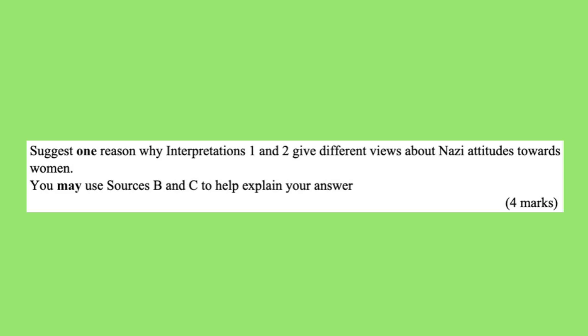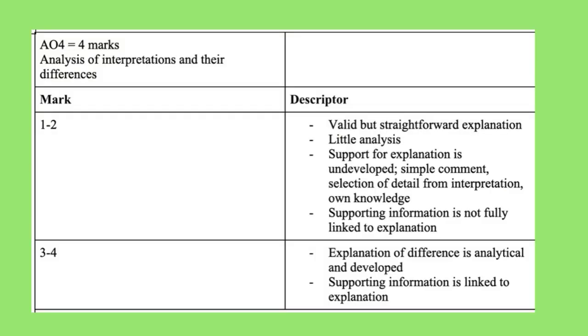Suggest one reason why interpretations 1 and 2 give different views about Nazi attitudes towards women. You may use sources B and C to help explain your answer. 4 marks. Here's the mark scheme for this question, which you can find out about in more detail in our